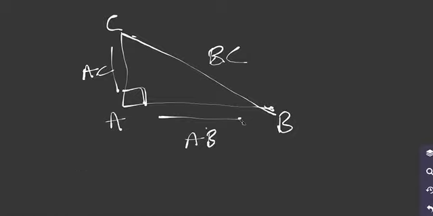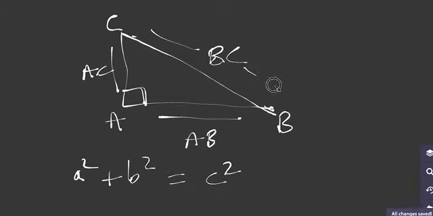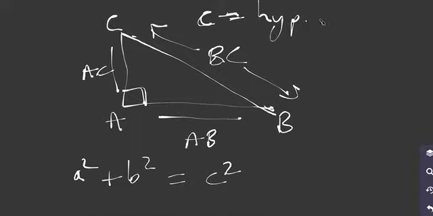as I've previously put it down, Pythagoras' theorem is a squared plus b squared equals c squared, where we call c the longest side in general. We're just using the letter c, but it could be any letter. C just means the longest side, which we also call the hypotenuse. Now,